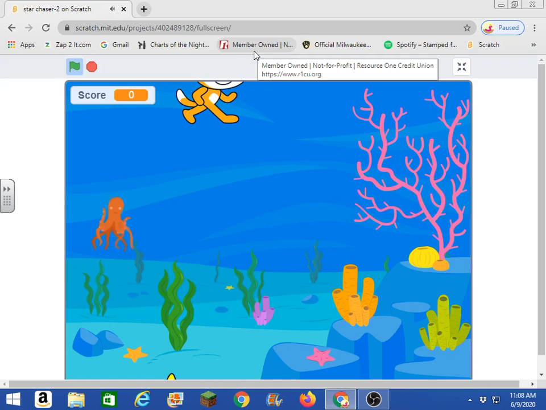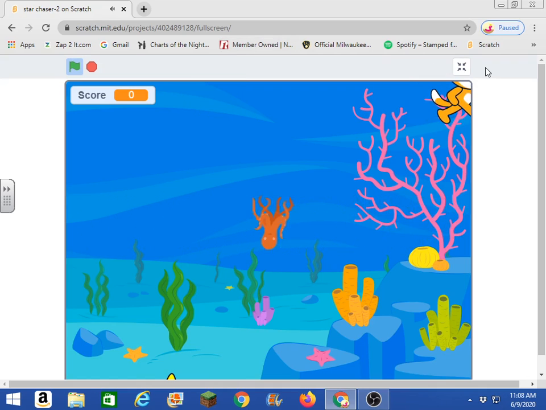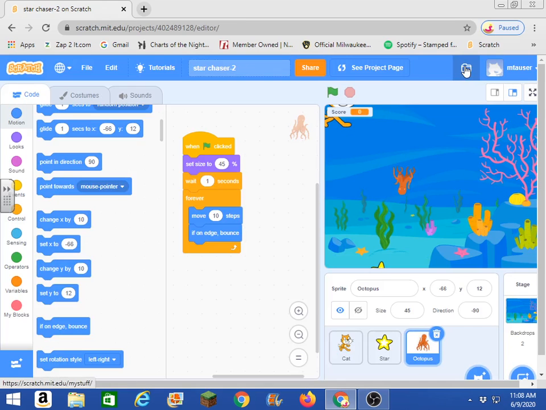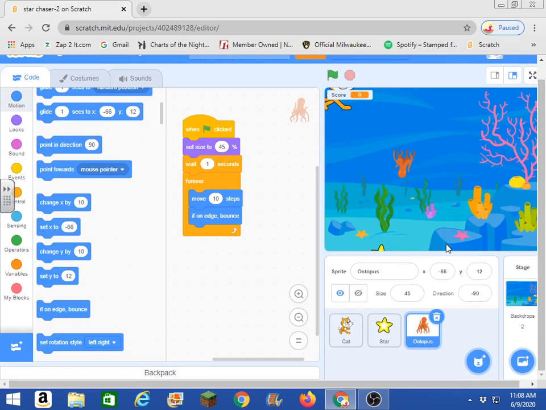And it's moving pretty fast. Okay, and you'll notice with that octopus when it hits, the way it's configured right now, it rotates and flips upside down. And the game will still work like that. It just looks kind of not right, because I don't think octopi swim like that. So what I can do, let me make sure I remember how to do this, is with this octopus,